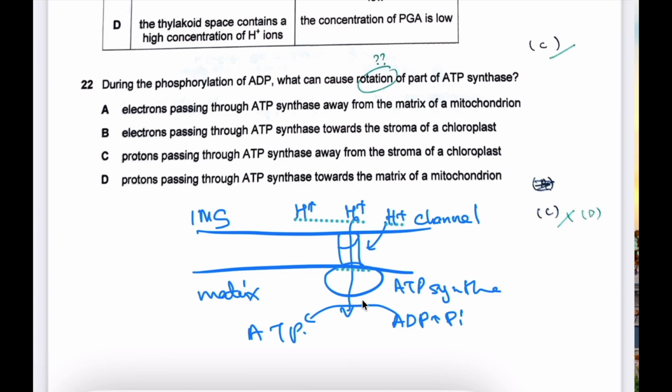Yeah. Okay, so this one is out. This is whether it's chloroplast or mitochondrion. Towards the matrix of a mitochondrion, correct direction. Okay, away from the stroma is wrong. It's from the thylakoid into the stroma. So this part is wrong. I thought